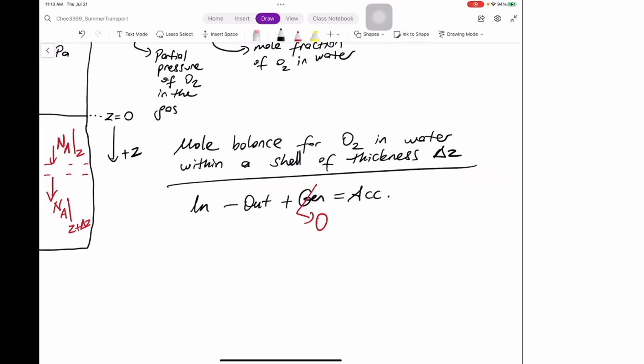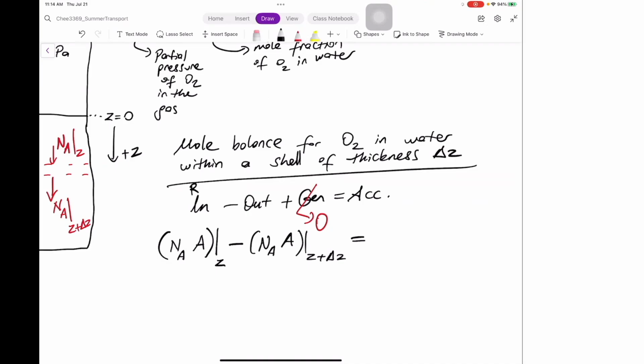And the in term is whatever is entering into my shell. This is Na at Z times the area, flux times the area, the rate of mass in, or the rate of mole in. That's at Z, minus Na A at Z plus delta Z is equal to the accumulation term, the rate of accumulation,